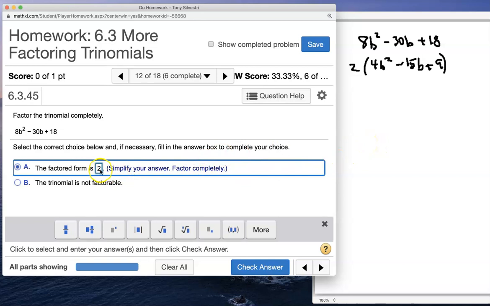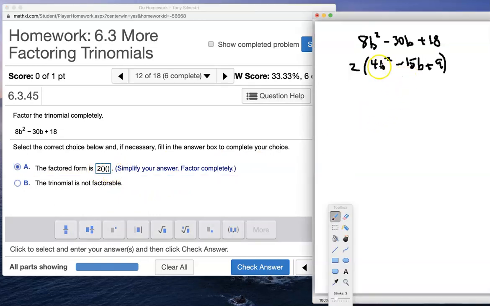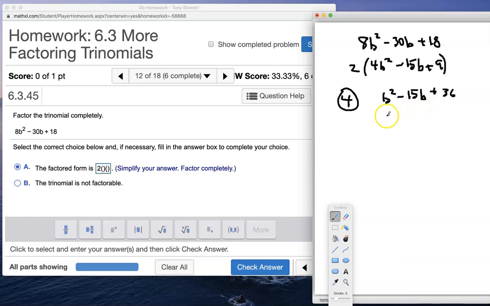Because what's going to happen next is I'm going to have a set of parentheses and a set of parentheses. Now what goes in those parentheses depends on how we do the magic number. Now I'm just going to forget the 2 for now, concentrate on this, pull the 4 away from the b squared, and rewrite it into a different expression that we can factor. 4 times 9 is 36. And what I need to do, now I don't think I need the website for this guy. What we're going to do here is say, well,